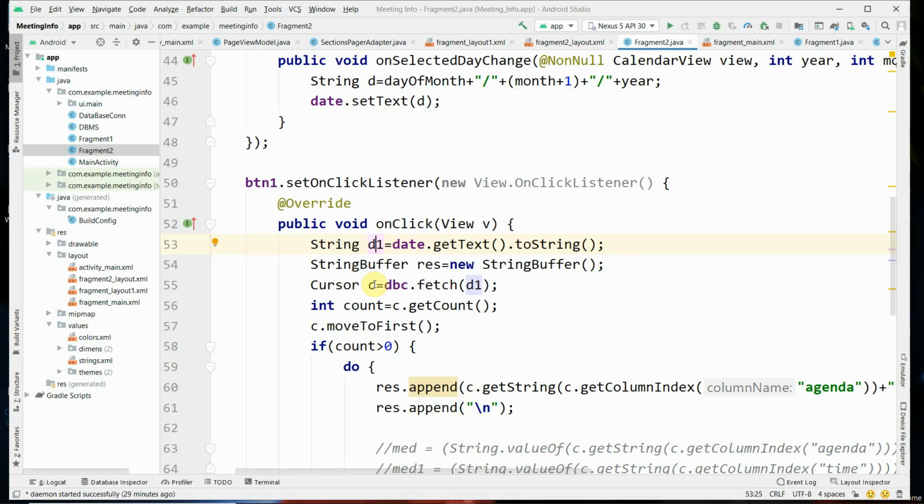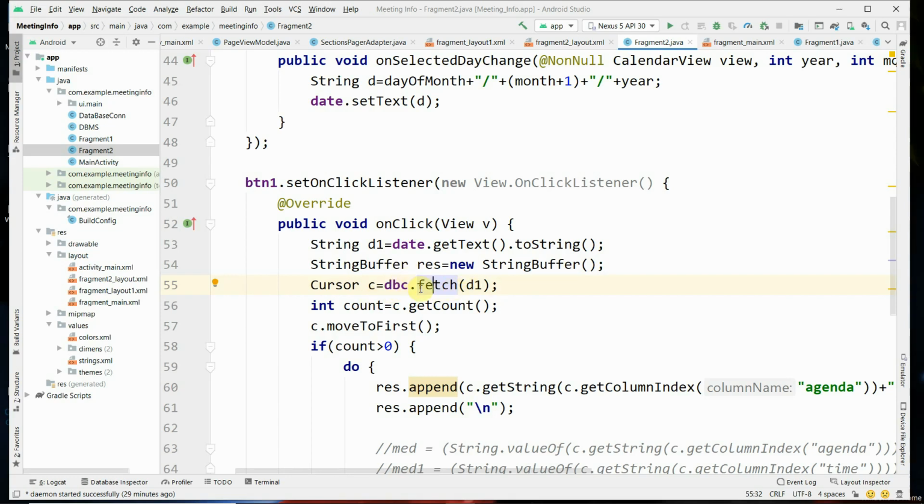the retrieved data has to be stored in the result. For that, a string buffer type of object is created, and a cursor object is created to fetch the data from the database. Cursor c equals dbc.fetch, and d1 is passed as the parameter.